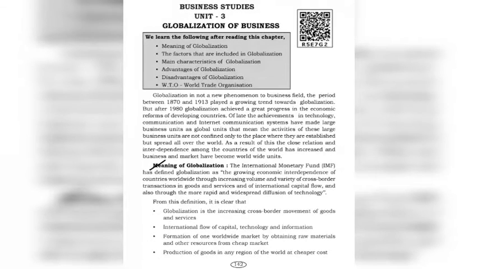In which type of transactions? Supply of goods and services, and international capital flow. So we started doing exports and imports. Along with that, what has happened? International capital flow. When we exported the goods, we got the foreign currency. So that's why they have mentioned international capital flow along with goods and services. Capital flows also got exchanged, and also through the more rapid and widespread diffusion of technology.